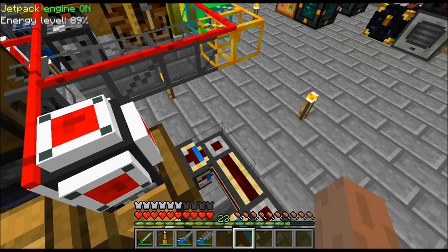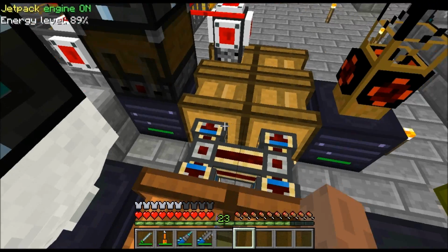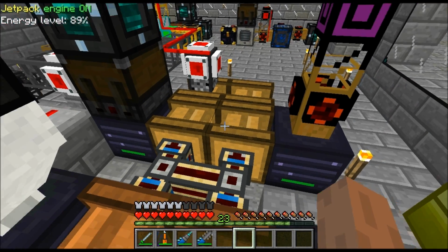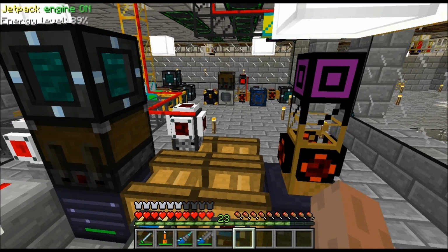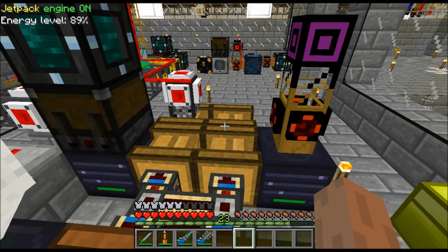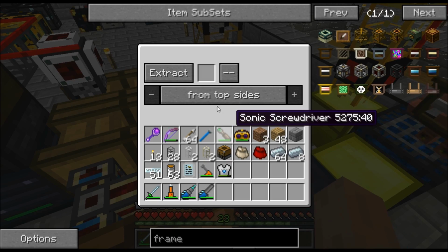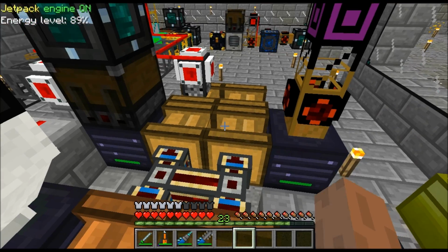And so what I would do is I would throw down probably just regular cobble furnaces, because they have internal inventories. So have a kind of wire of cobble furnaces going across and touching, and then it will keep them all going. Same for this side. And then this router over here extracts from the top sides